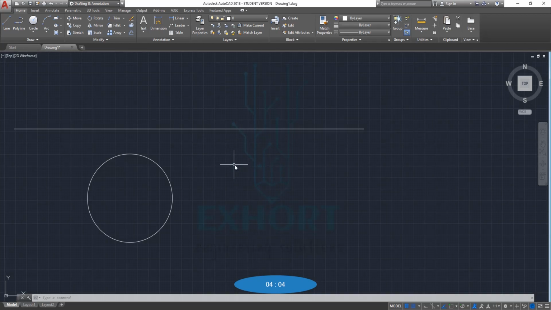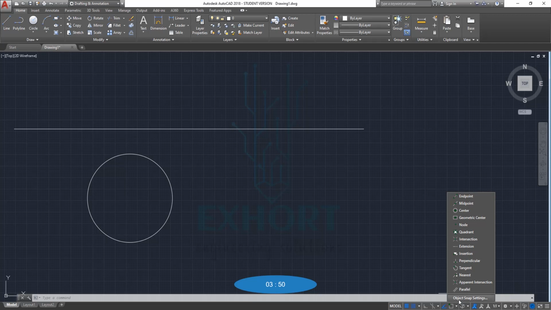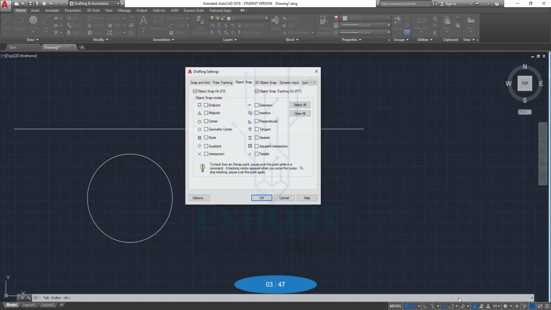Next we will see how to turn on the object snapping tools. Here you can see snap cursor to 2D reference point. We will simply click the icon below and click on object snap settings. Here we have to open the object snap settings and object snap tracking.